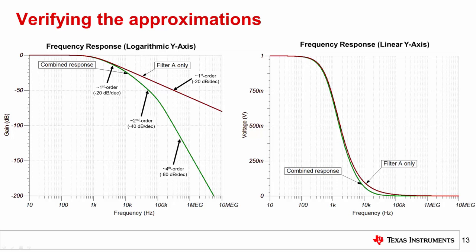Check out the next video in this series to understand how to calculate the effective noise bandwidth for the digital filter commonly found in Delta Sigma ADCs. This filter type presents a unique challenge that must be understood in order to calculate the total noise of a system using a Delta Sigma ADC.